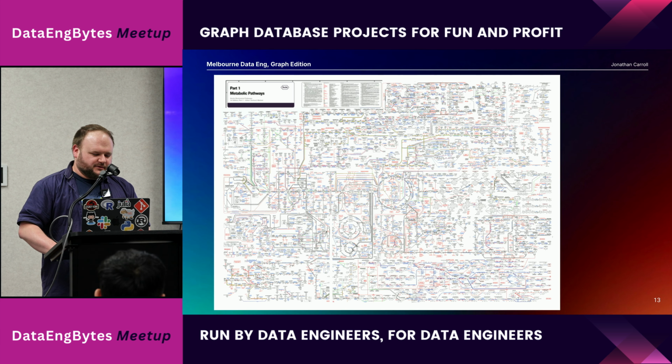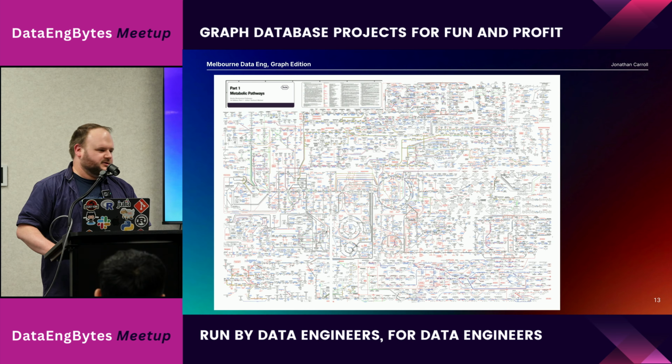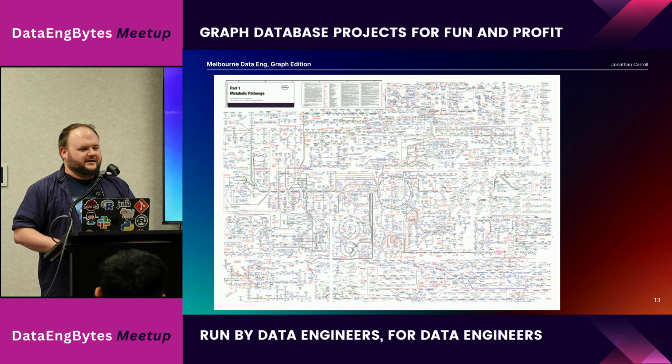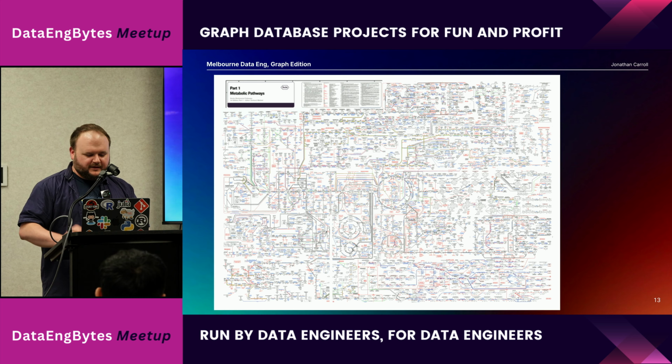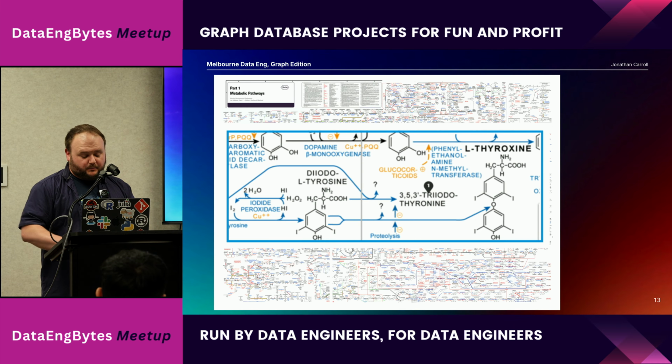What actually happens is somewhere in this graph. So this is the Roche Metabolic Pathways poster. I don't expect you to be able to read it. I actually have a printed copy of this. If you ask Roche nicely, they will send you one. It's about the size of that screen. And I used to use it as Zoom background. But it has a lot of stuff that's in there, of everything that works inside metabolic pathways.